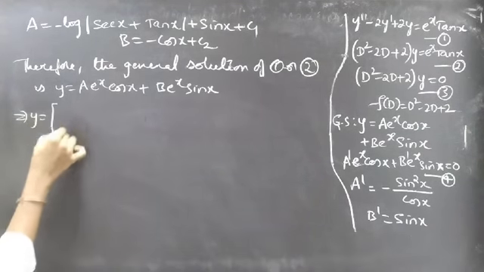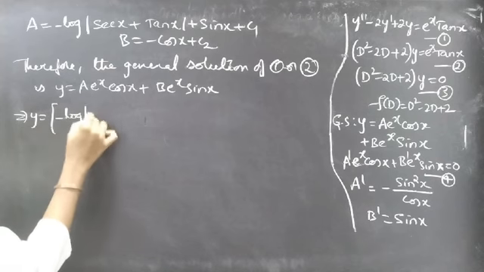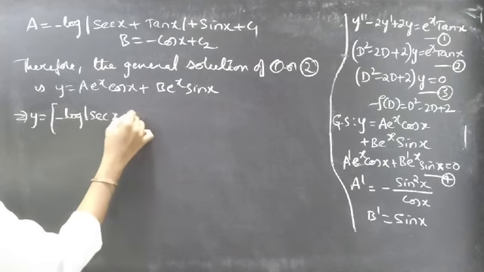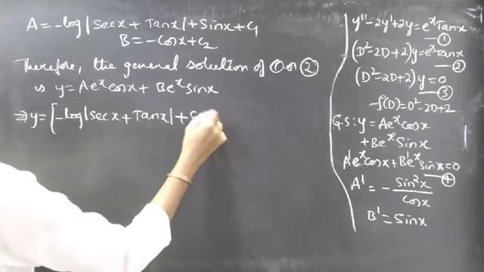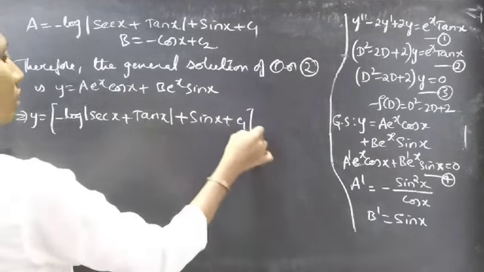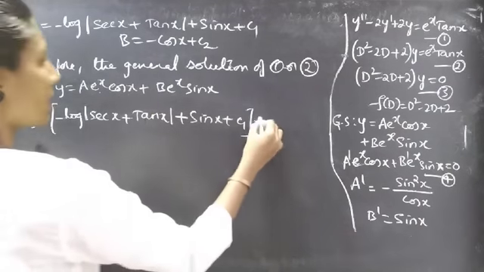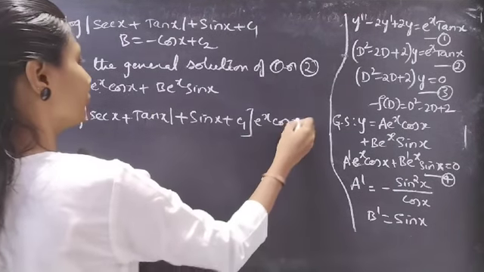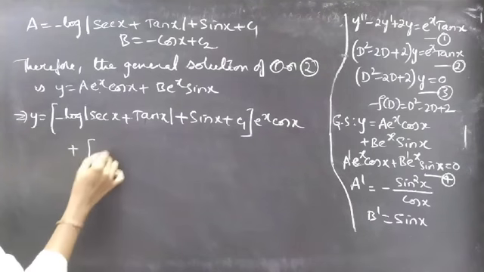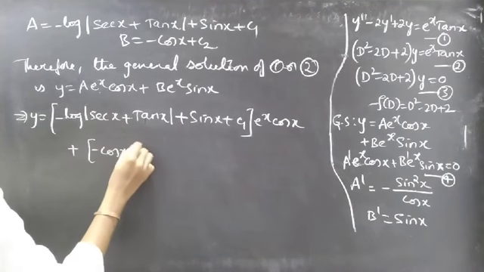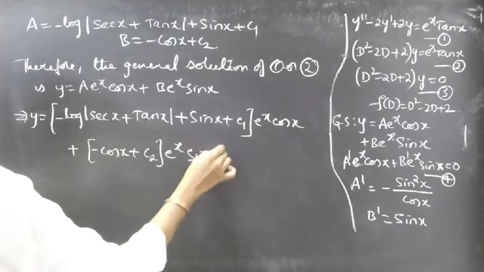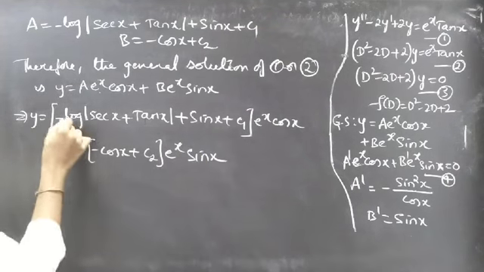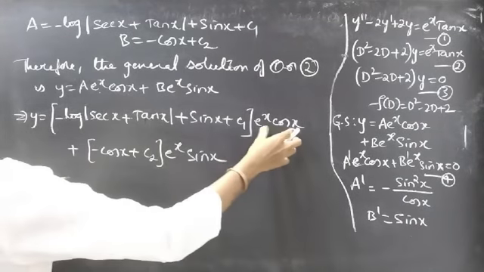Y equal to a, minus log mod secant x plus tan x plus sin x plus c1, into e power x cos x, plus b, minus cos x plus c2, into e power x sin x, is equals to minus e power x cos x